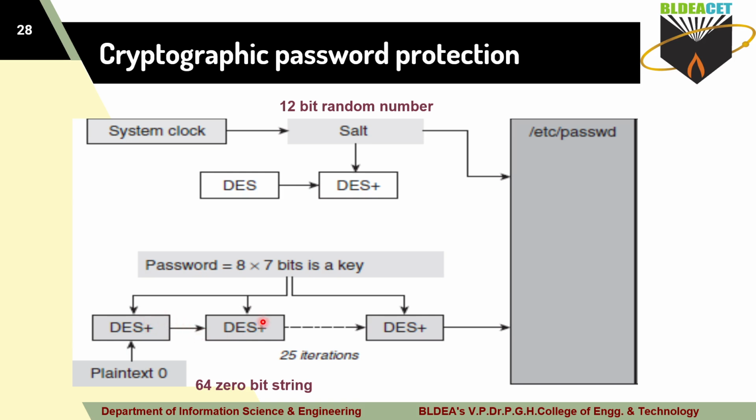So next, in the second iteration, once again you will run this DES algorithm and you will get the output, that is your ciphertext, and that is the input to the next iteration. Like this you will perform 25 iterations. After completion of the 25th iteration, what output will you get?